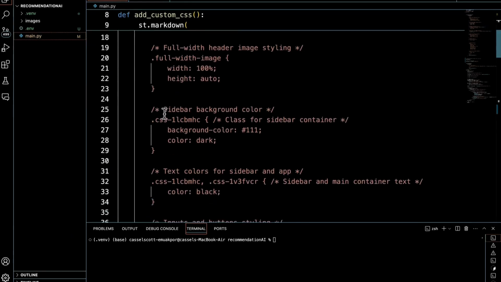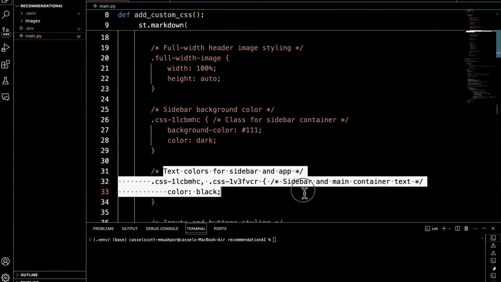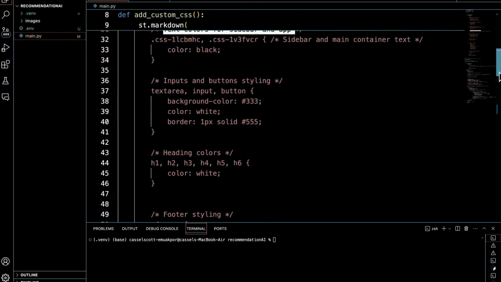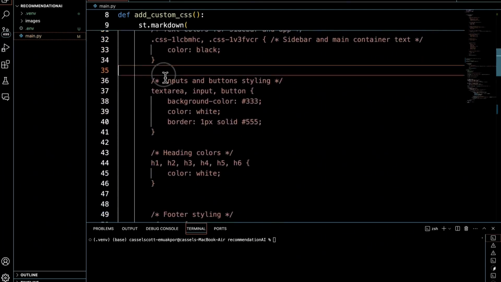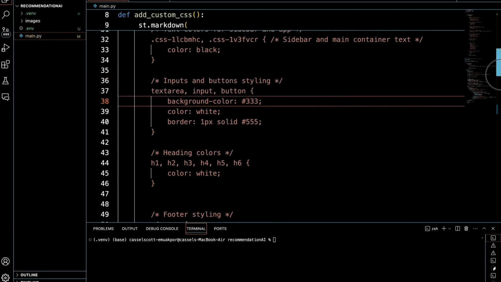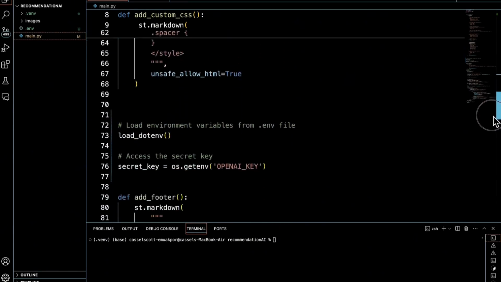So we are just going to be looking at how I styled the sidebar, the text colors for the sidebar, the inputs and the button styling as well. And we also have the headings, the footer styling, and